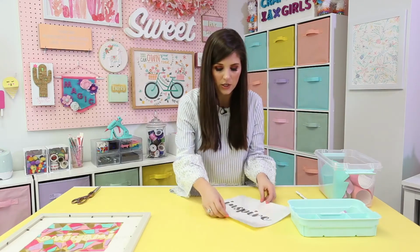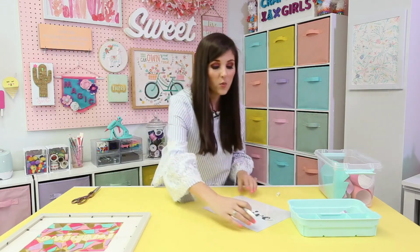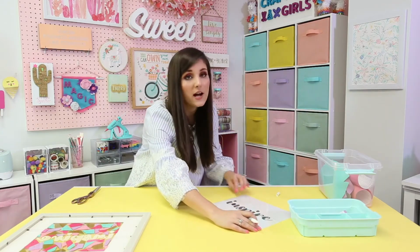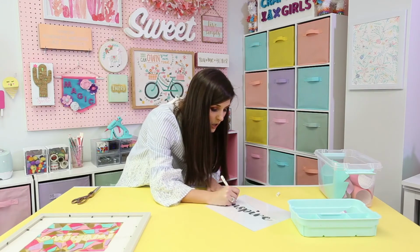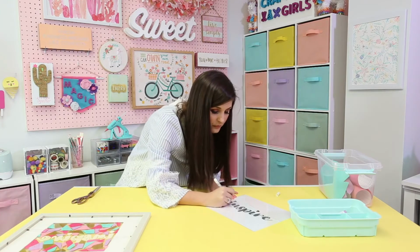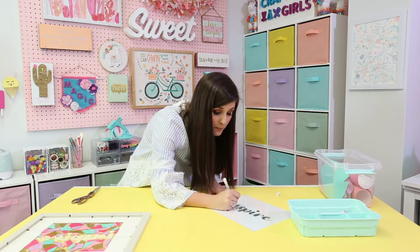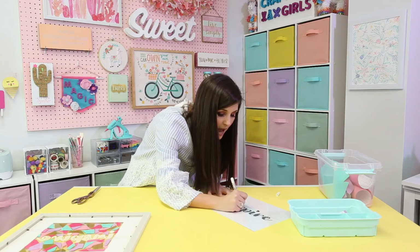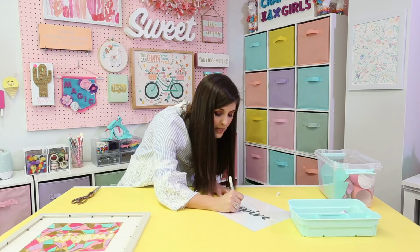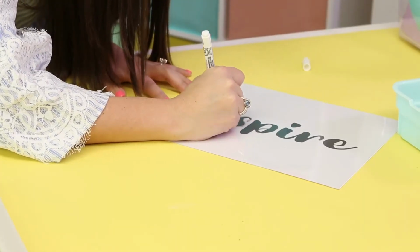Now, I'm going to do this to the side so Hope can get a good shot. You're going to take a paint pen. We're using a white one. You can really use any color that you want, but you're going to trace the word that you printed out. So you want to outline that word, and it's up to you if you want to fill it in or not. If you're using something like white, like I am, you're probably going to want to fill it in,